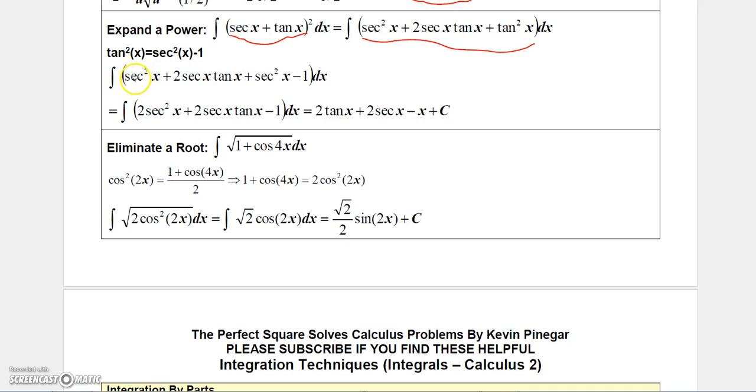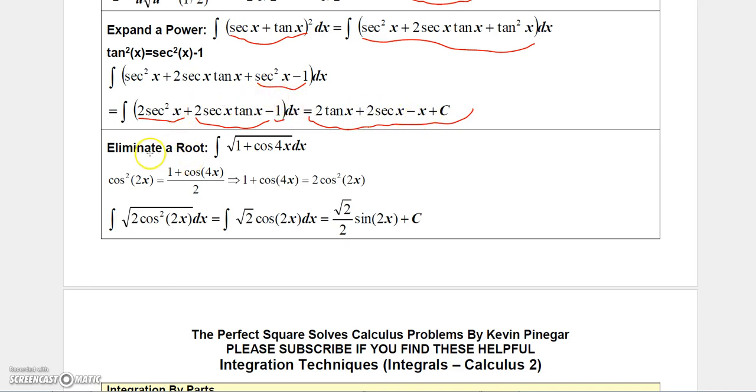And what you can do is replace the tangent squared with the identity secant squared minus 1. And then you'll get 2 secant squared and then 2 secant tangent x minus 1. And each of these, you have a formula you can use to integrate. The secant squared becomes tangent, and the secant x tangent x integrates to secant,